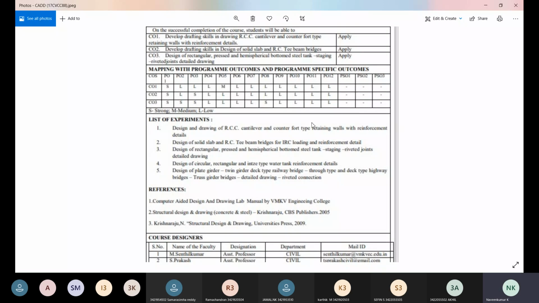With the split ups. Okay, so concentrating on the first experiment, our first experiment is design and drawing of reinforced cement concrete cantilever retaining wall. So that is the first part of the experiment, and the second part of the experiment is design and drawing of the reinforced concrete counterfort retaining wall. Okay, so this is the thing we're going to see now. Okay, so before that,